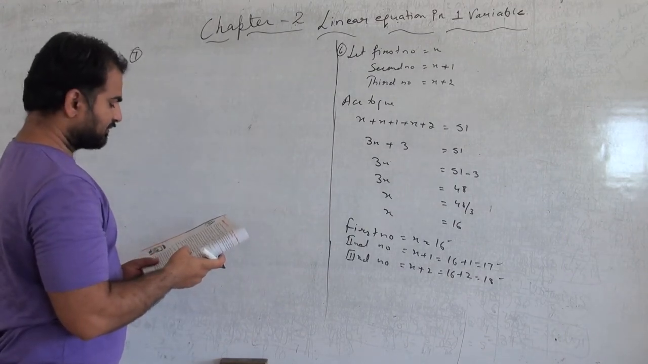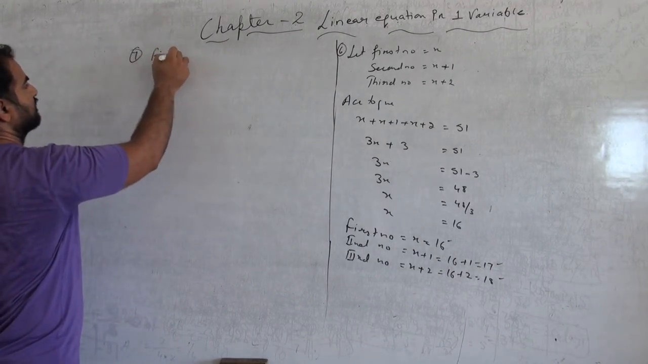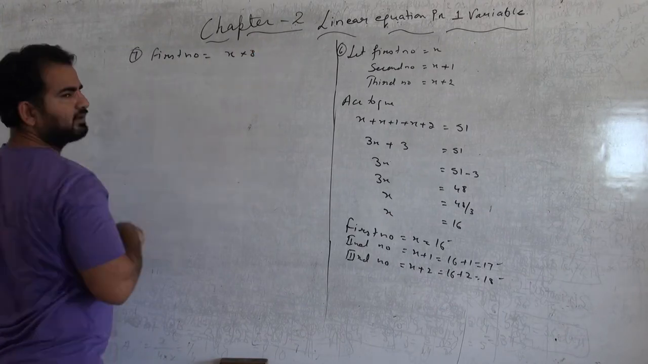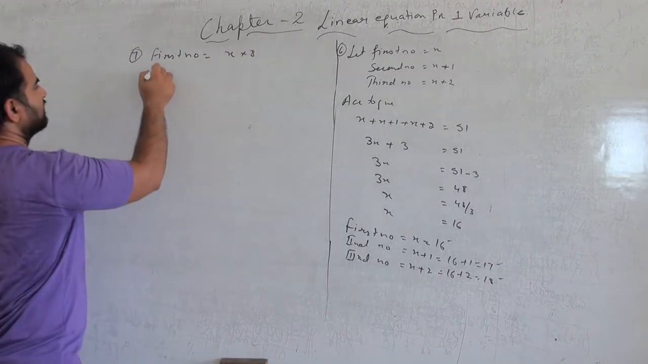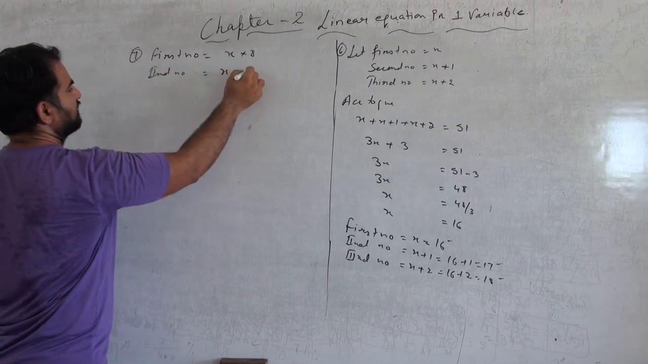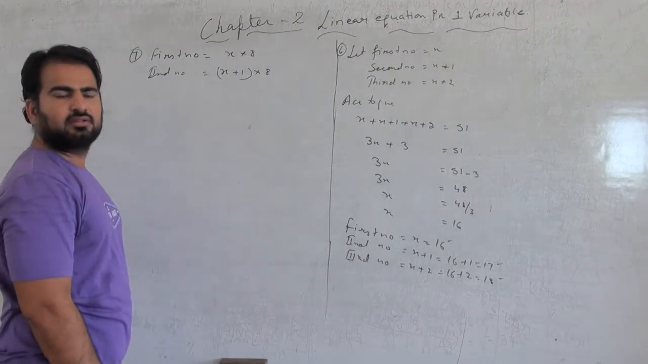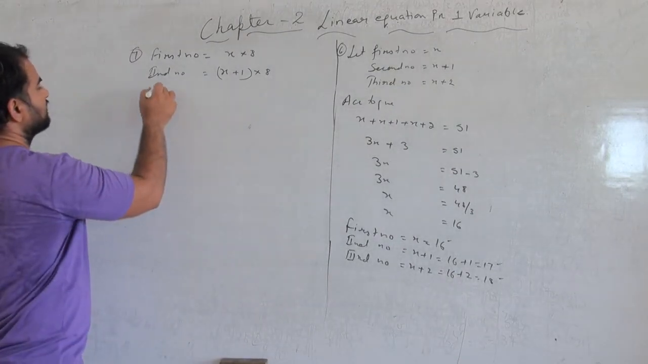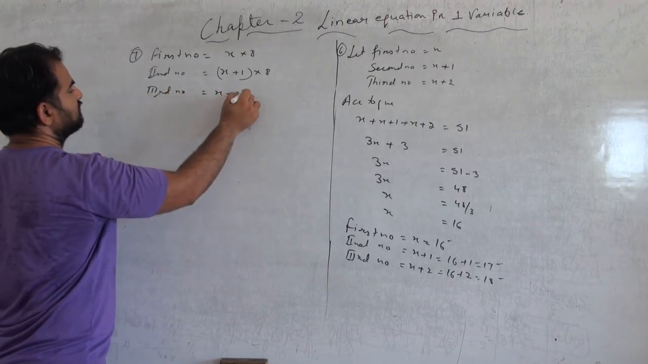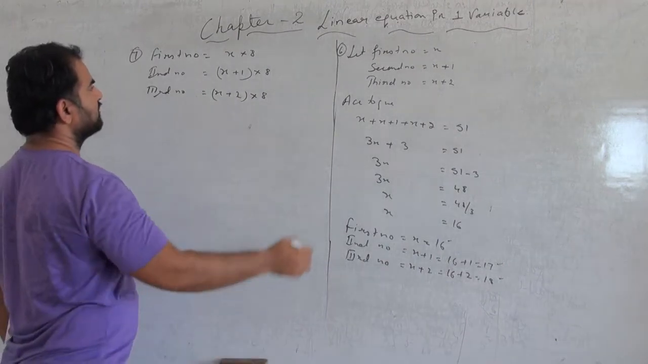They are multiples of 8. So the first number will be x multiplied by 8. The second number will be (x plus 1) multiplied by 8. Okay, and the third number will be (x plus 2) multiplied by 8. Okay, so it will be